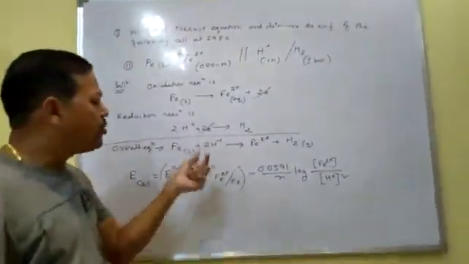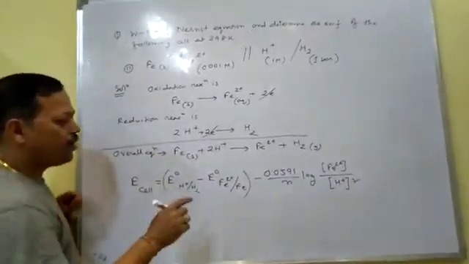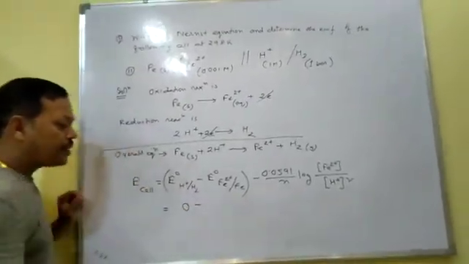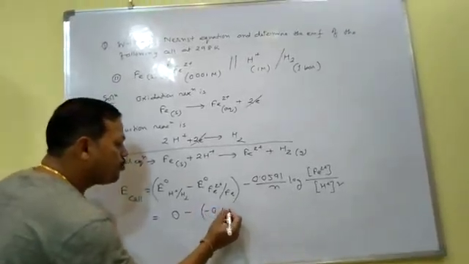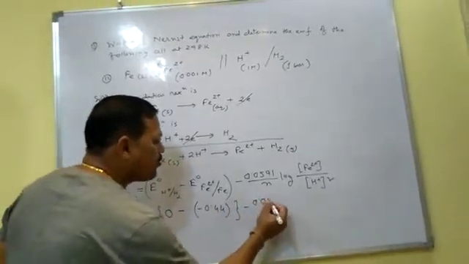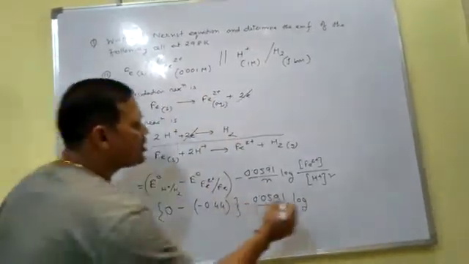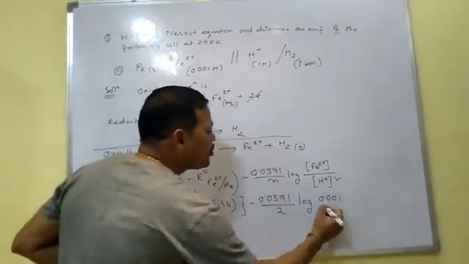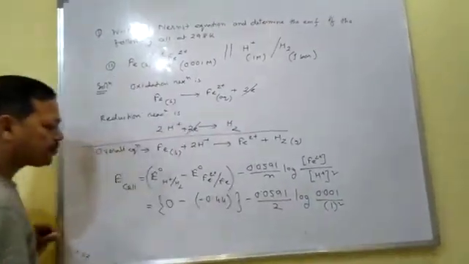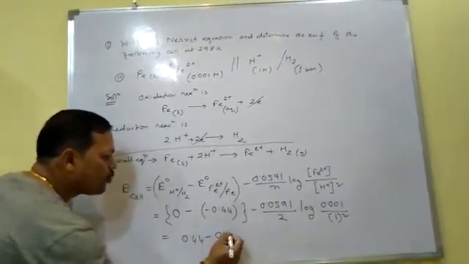That's why I have given this question. If some coefficient is present, it must be a power like this. When you put in the values, the standard potential of hydrogen is always 0, minus the iron potential value, which is minus 0.44 volt. So this is the E naught cell, minus 0.0591 divided by electrons 2, log of the iron concentration given as 0.001, divided by the hydrogen concentration given as 1 squared. So it becomes plus 0.44 minus 0.0295.